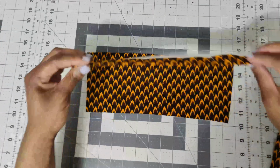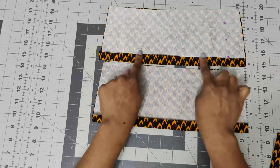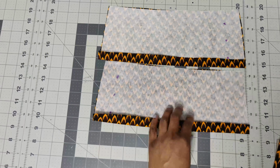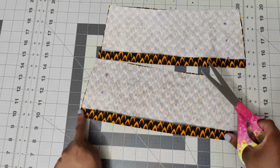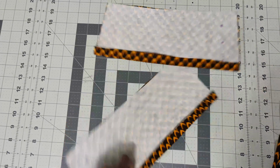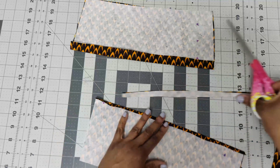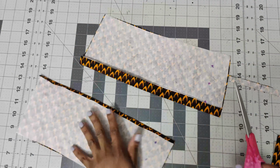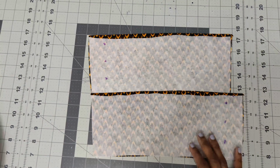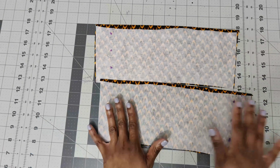And what I want you to do is on the interface cuffs, press up 5/8 of an inch seam allowance, and then you're going to trim to 3/8 of an inch seam allowance. So I'm just going to trim half of it, about 1/4 of an inch down from the top edge. And do that on the other cuff as well. All right, now that you have both cuffs pressed and trimmed down to 3/8 of an inch seam allowance, grab